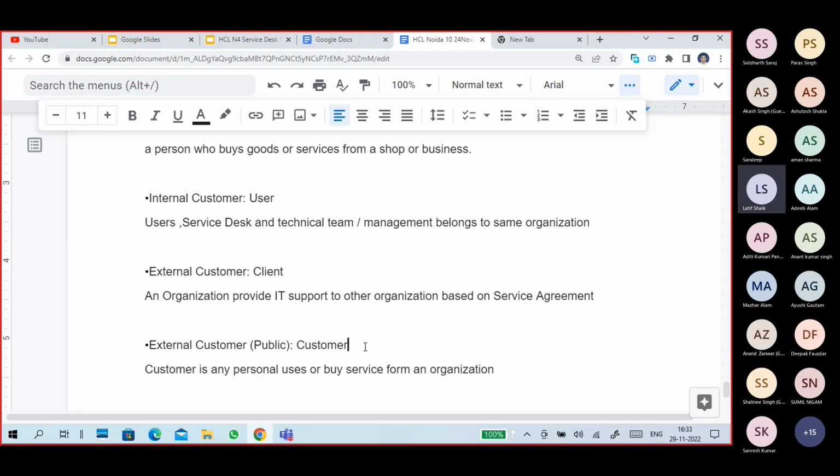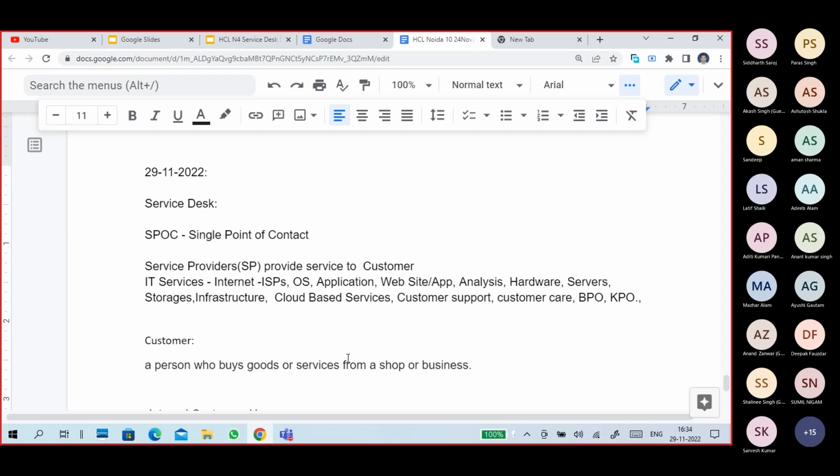If that organization has any issues, requirements, or access permissions, they will contact the service desk. Guys, do you understand these points?